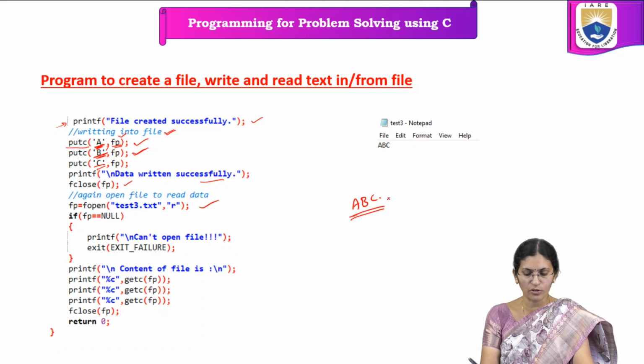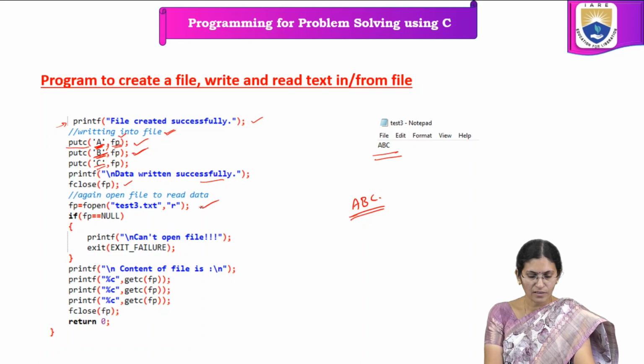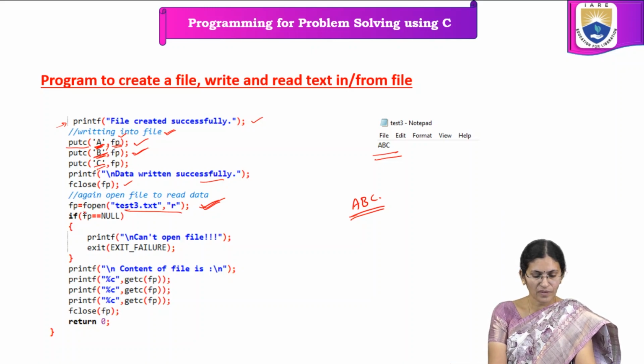So after performing the operation, in the text file test3.txt we have this content which is written to the file. Next we are going to perform the read operation. In order to perform the read operation, this is the syntax: the function and then 2 parameters, the name of